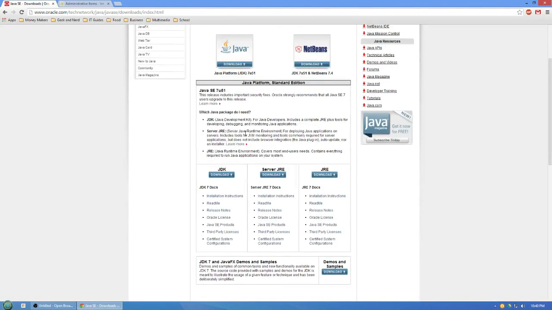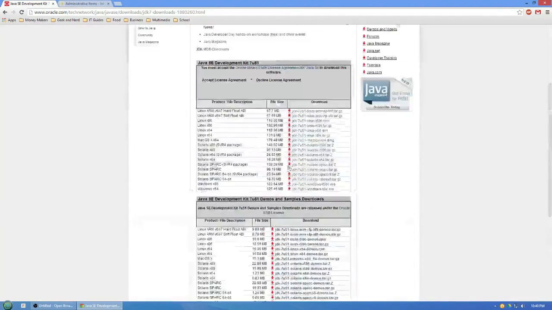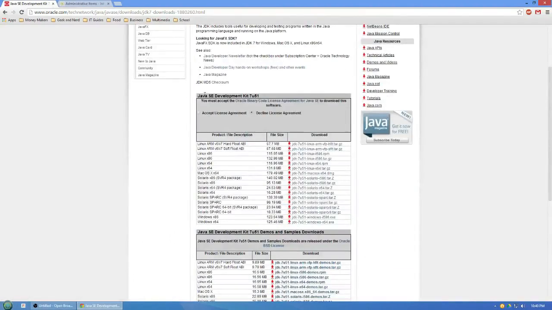So go ahead and scroll down a little bit to where you see JDK. Click download. It'll bring you to the Java SE Development Kit 7 downloads, where you can download pretty much everything here. You're going to want to just use the first one, Java SE Development Kit 7 Update 51, accept the